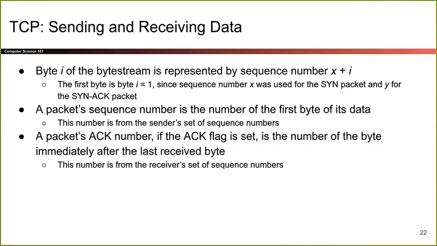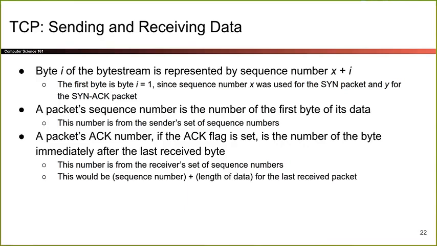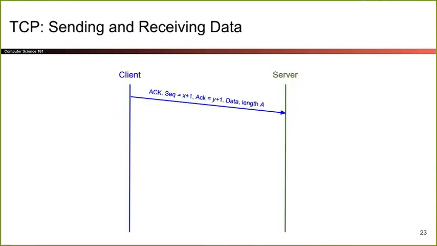So just remember there are two sequence numbers being sent in every single TCP connection. The sequence number tells us what bytes are being sent. The ACK number tells us what bytes have been received and have been processed. Okay, so here's a diagram. I hope this clears things up, but